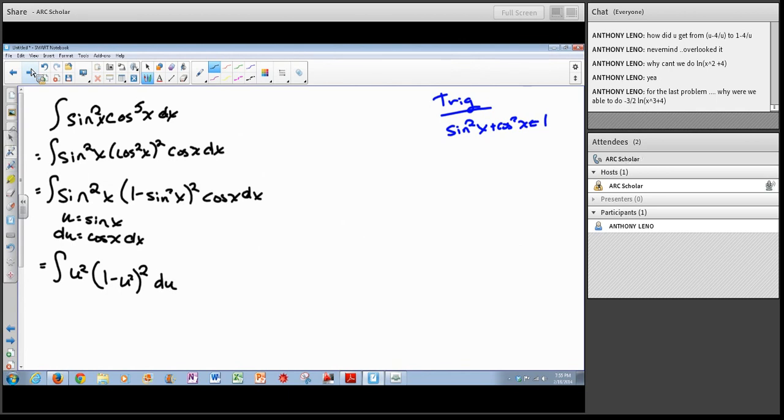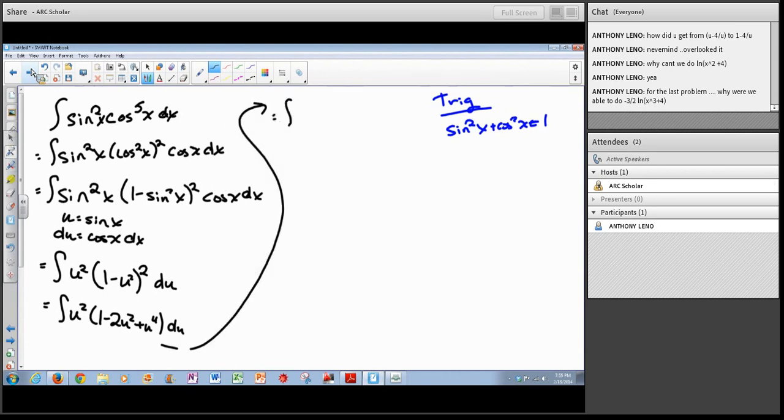Take a breath, because I just talked really fast there. Alright, so now if we do some of our distributing, or well, let's do the FOIL. So we've got 1 minus 2u squared plus u to the 4th du, right? Okay. So then that's the same as u squared minus 2u to the 4th plus u to the 6th du,